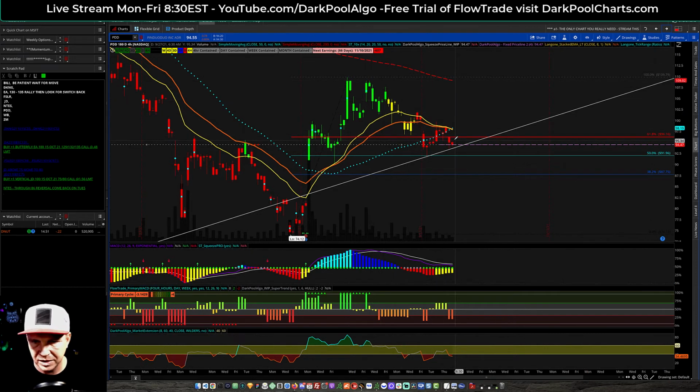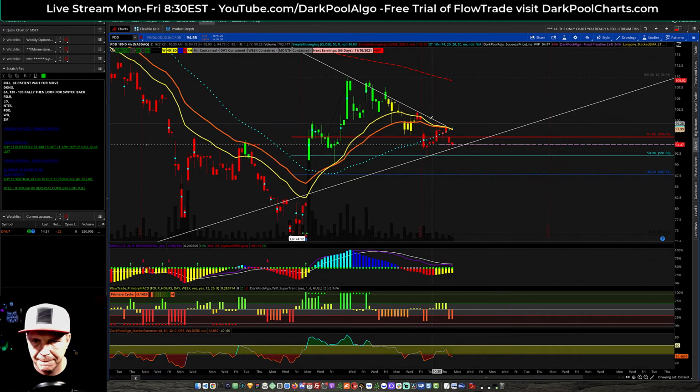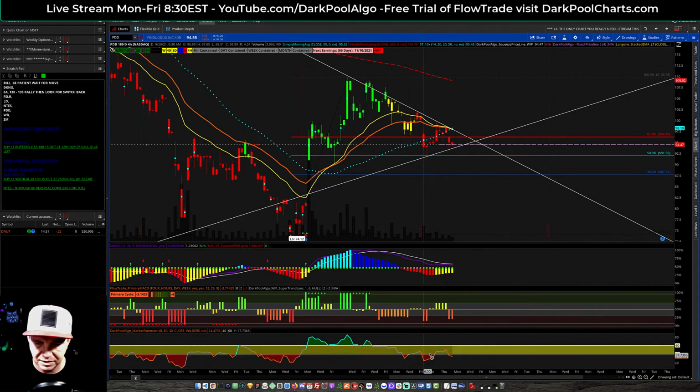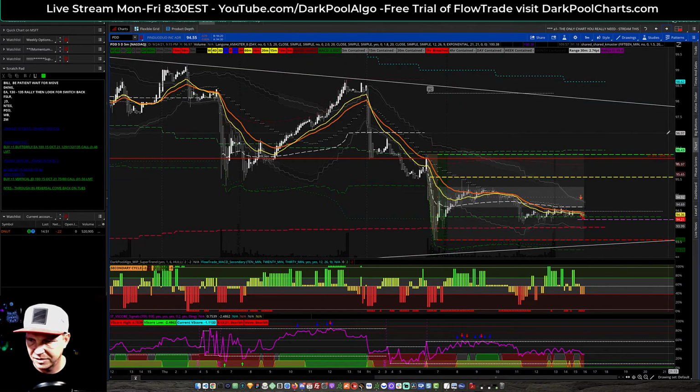This is a weird little wedge, right? I'm sure there's a wedge right there somewhere, right? Let's just draw it, shall we? All right, get through that wedge breakout. I think we're going to be good. Slingshot squeeze getting ready to fire off. I don't know. RSI is seriously oversold. And the 15-minute chart, or the 5-minute chart, as you can see,